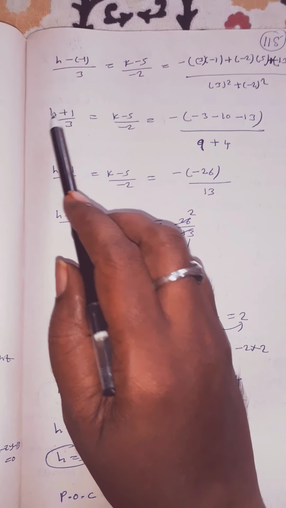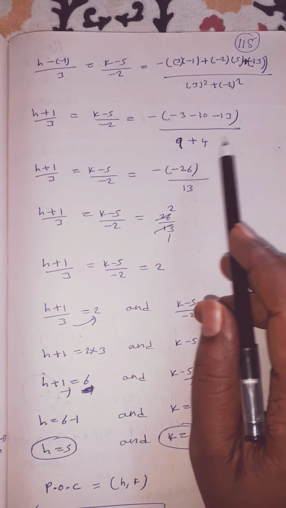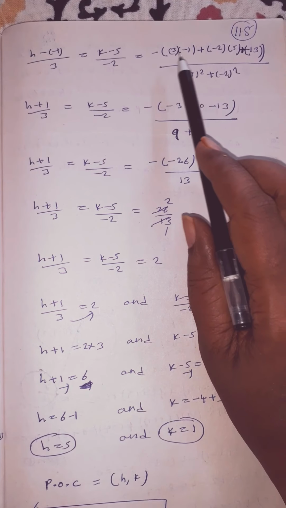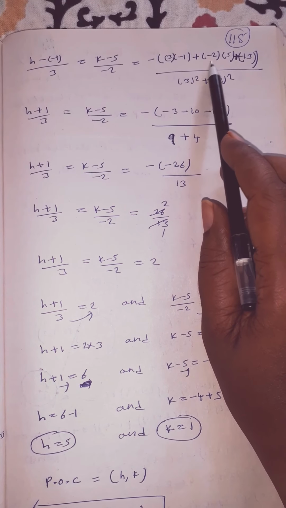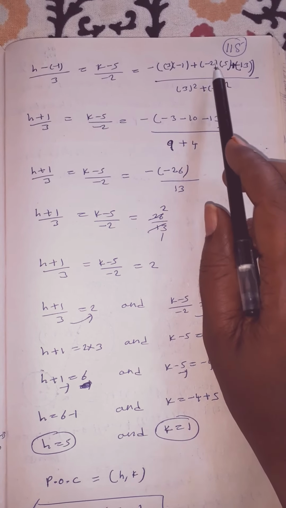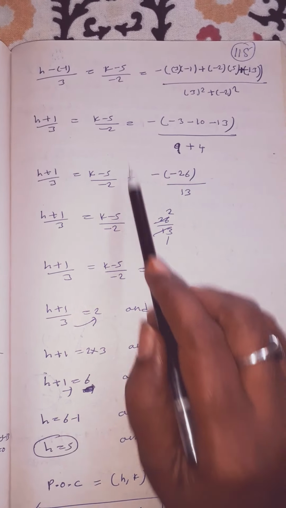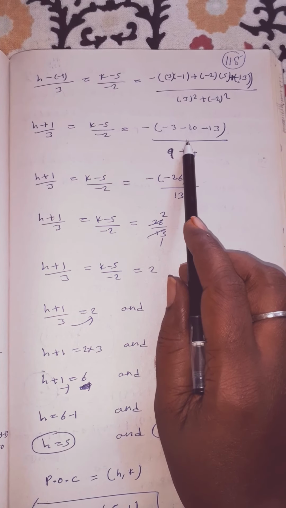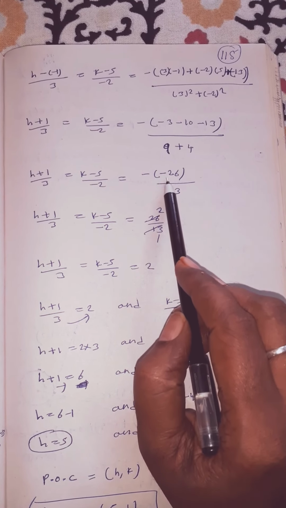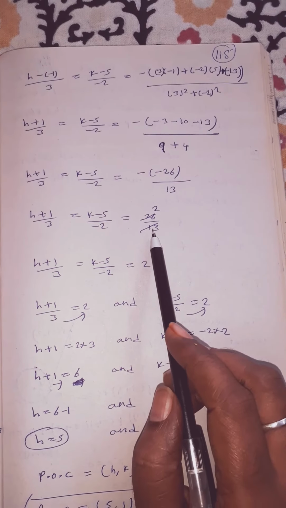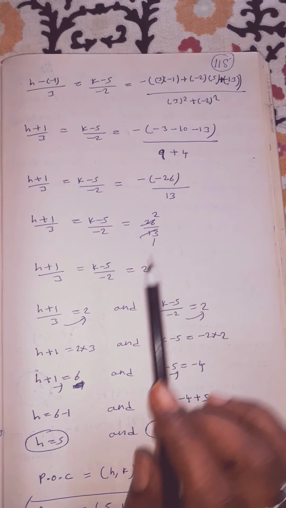So here minus into minus is plus. Here I wrote the same, so write minus as it is. 3 into minus 1 minus 3, minus into plus into minus minus 5 are 10, plus into minus minus. So here I wrote these values as it is, children. Minus 3 minus 10 is minus 13, minus 13 minus 13 is minus 26, minus into minus is plus. So 13 1, the 13 2.